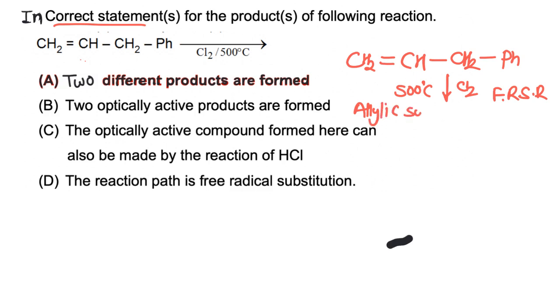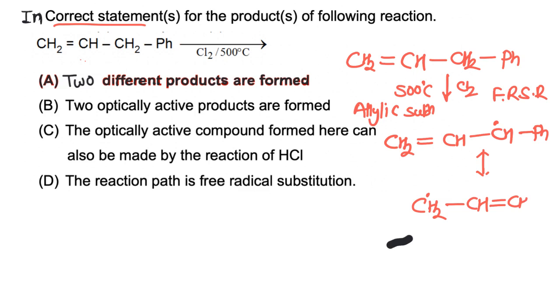So in allylic substitution, an allylic radical is formed, CH2=CH-CH-pH. Now this radical is resonance stabilized, and due to resonance another radical, CH2-CH=CH-pH, is formed. Now Cl will react with both of these radicals to form products. So two major products, two structural isomers, are formed in the reaction, CH2=CH-